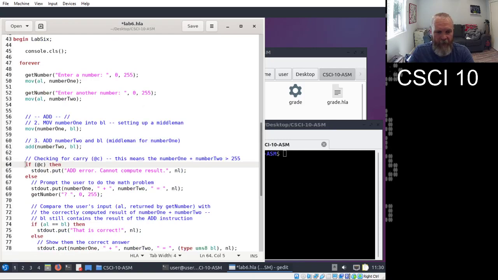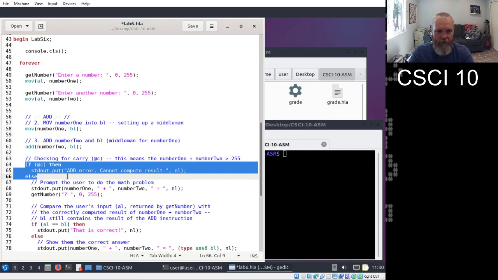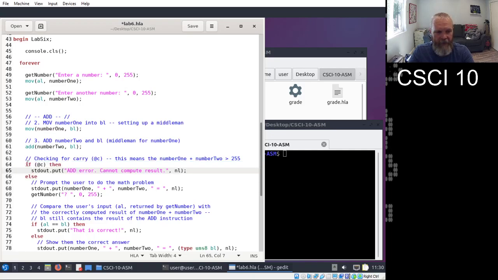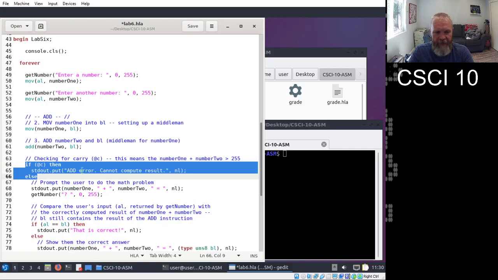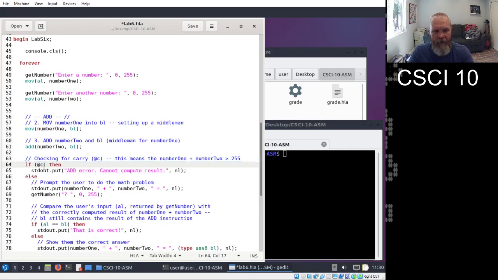Okay, then we do something that we looked at last week, but now I'm going to have you do more of that, which is to check and see if there was a carry. In this situation, and sometimes overflow will work, but in this situation, the way we're going to see if the result of adding number 1 and number 2 together doesn't fit anymore is by checking for a carry bit. And the way we do that is with an if statement and then this @C carry bit. And what we're doing with that is we're checking,